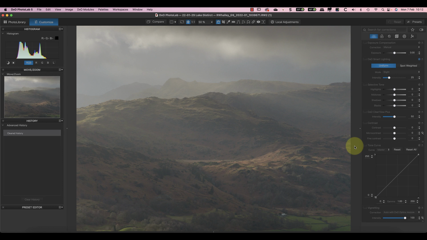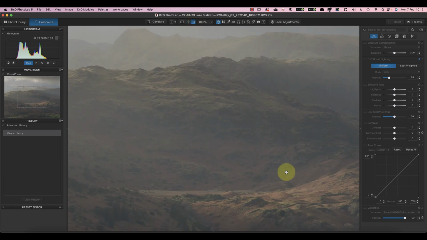The next problem I see is that there's really no intense colour in this scene. The hillside's very wet and it was quite colourful to the eye, but because of the lack of contrast that's being created, it's actually detracting from the colour. The other thing is, if I zoom in to 1:1 magnification, you can see that it's just a little bit soft, and again that's happened because of the atmospherics and the distance between me and the subject matter.